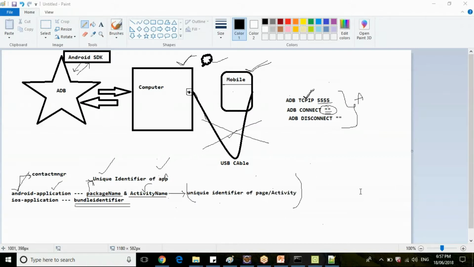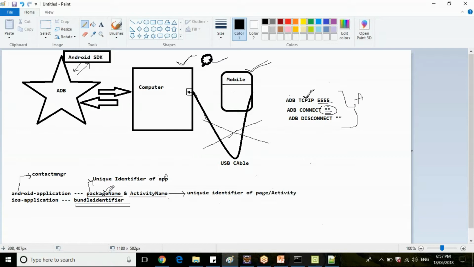So could you repeat ADT bundle identifier? Okay, about bundle. In Android, we have package name to uniquely identify. Whereas when you are working with iOS applications, we will not have a term called package name.